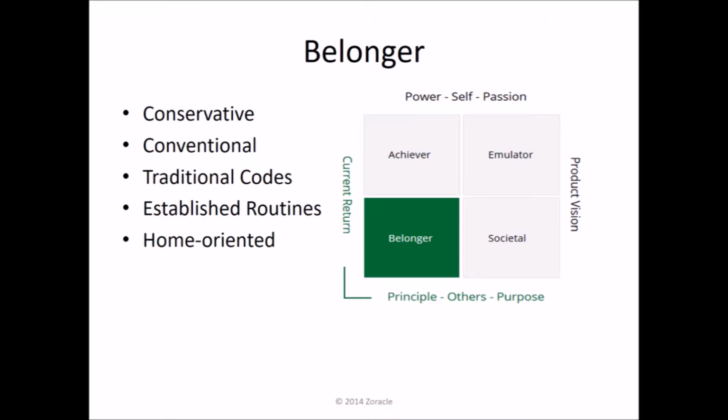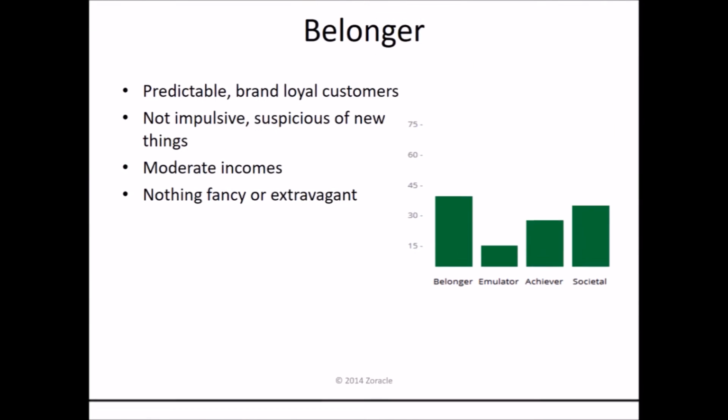So again, notice the vertical and the horizontal lines here. Return on investment needs to be very quick, and they are principle-oriented and others-oriented. So when we mean principles, this could be a moral code that they live by, but you will frequently hear them stand firm on a certain principle that they have. That could be duty, it could be religion, it could be a number of things, but these are highly principled individuals that live by that kind of ruling. So they're very predictable folks.